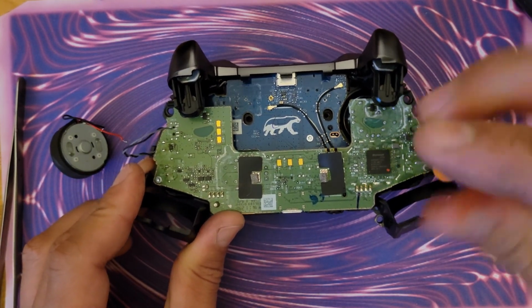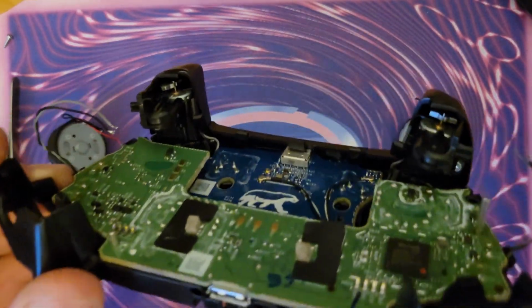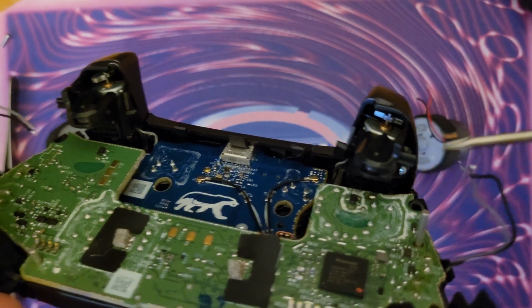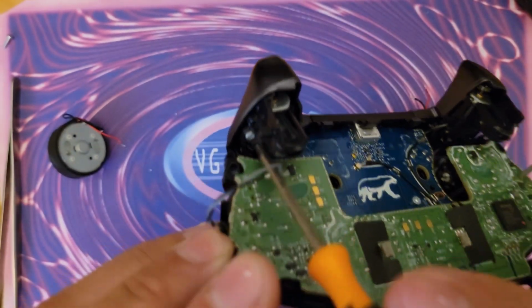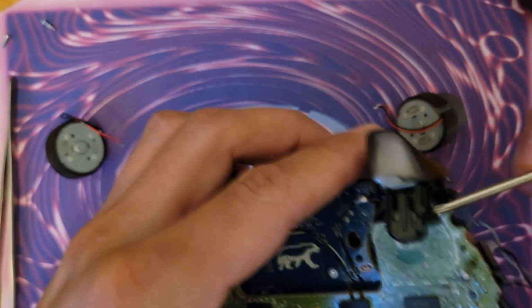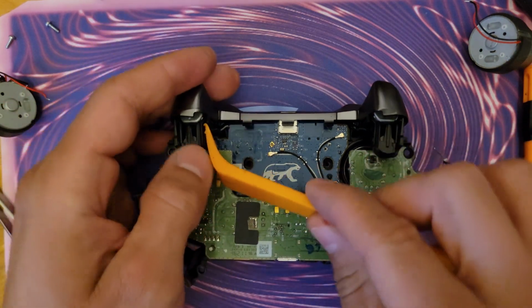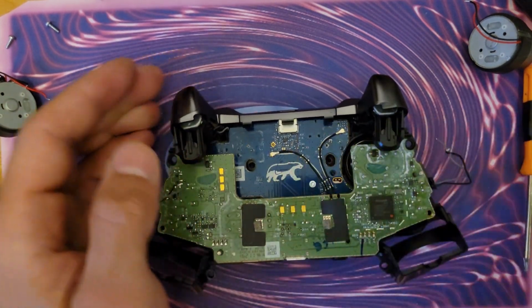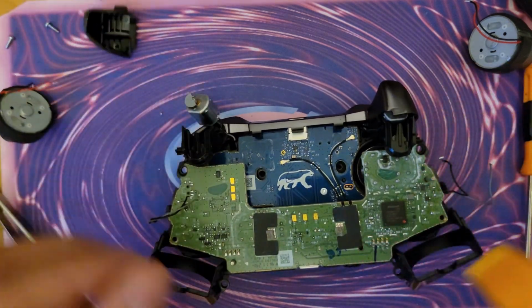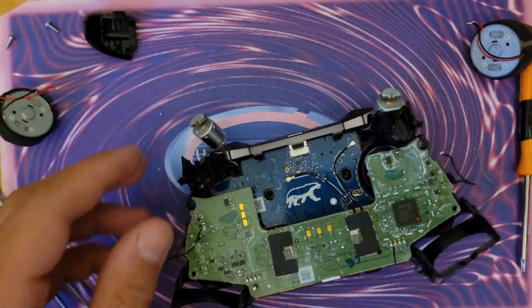There's one on this side and one over here. I'm going to get these 2 T6 screws out as well. One here, one here. Now that you have those loosened, you can take your plastic tool and pry to pop out the trigger, then pop out the other trigger, and now you have a lot more room